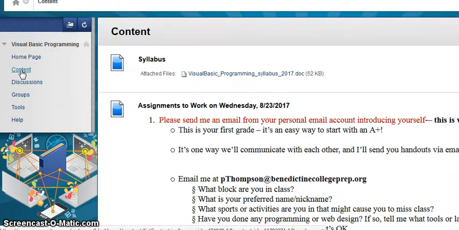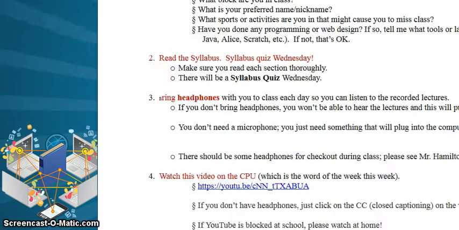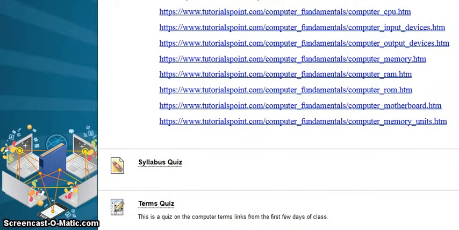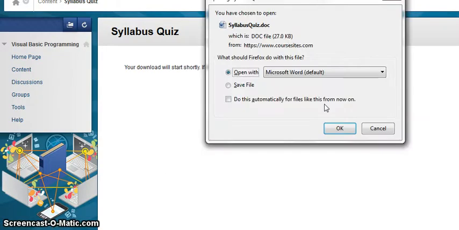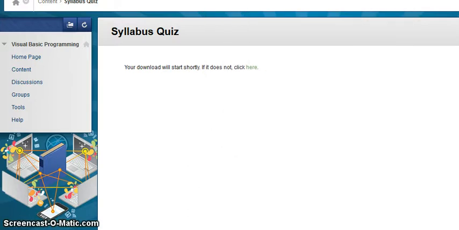Content is important. Content is where things will be, such as the syllabus, your assignment list I'll put there. Quiz links or text links will be here in the content. So syllabus quiz, I think I just was telling you to make sure to take it. I don't think I actually, yeah, I did. I actually put the syllabus quiz here so you can open it in Word and send that to me via